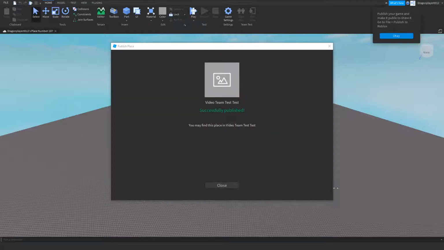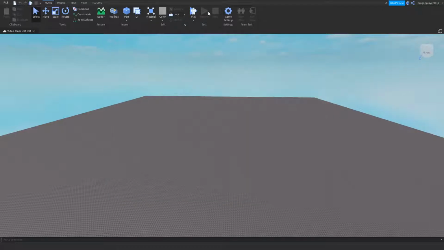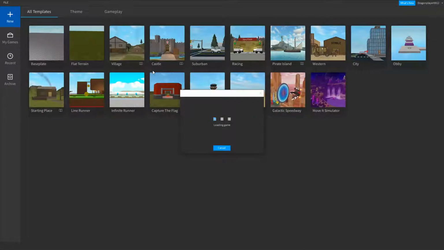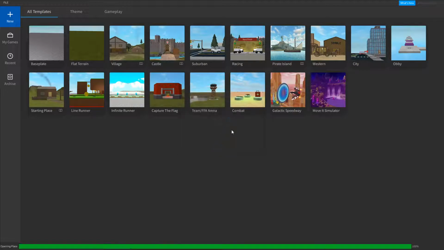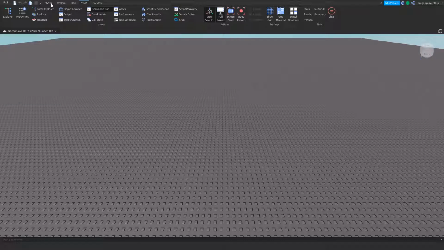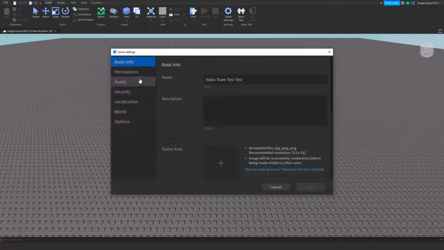Once you've clicked create, then you want to go on to view, and then team create, and then turn on. So now just wait for the game to load, and there we go. And once you've got that, as you can see, a long time ago there would be a button here called add player or add friend, but they've moved it, so we could click that X, and then we could go to game settings, and then